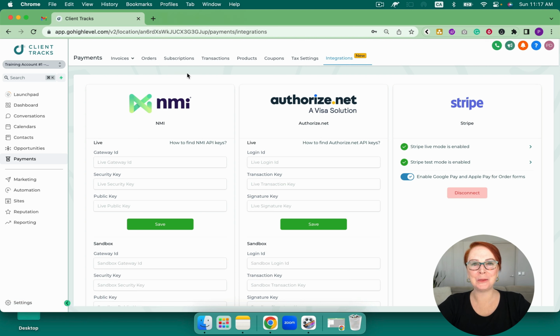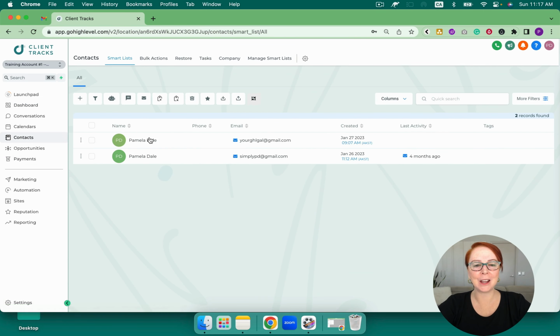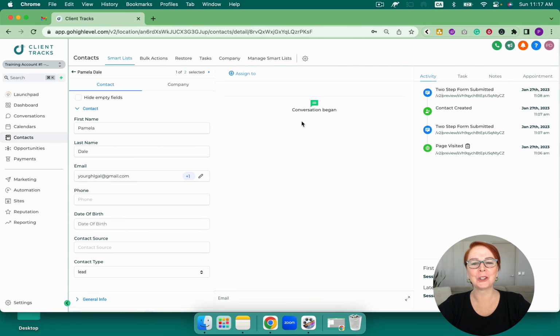The next is client communication. How many of you don't remember where the email was? Or did they contact you on Instagram? Did I reply? Where's the second email that they ever sent me? So if I come into my contacts here and I open one up, I can see all of the conversation from very beginning date of us being together, all SMS, all email, all of the DMs, etc., are all in